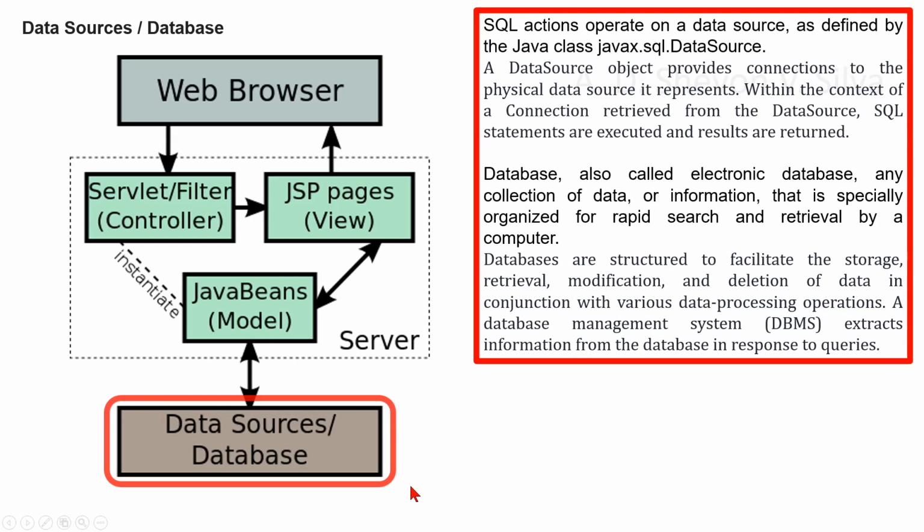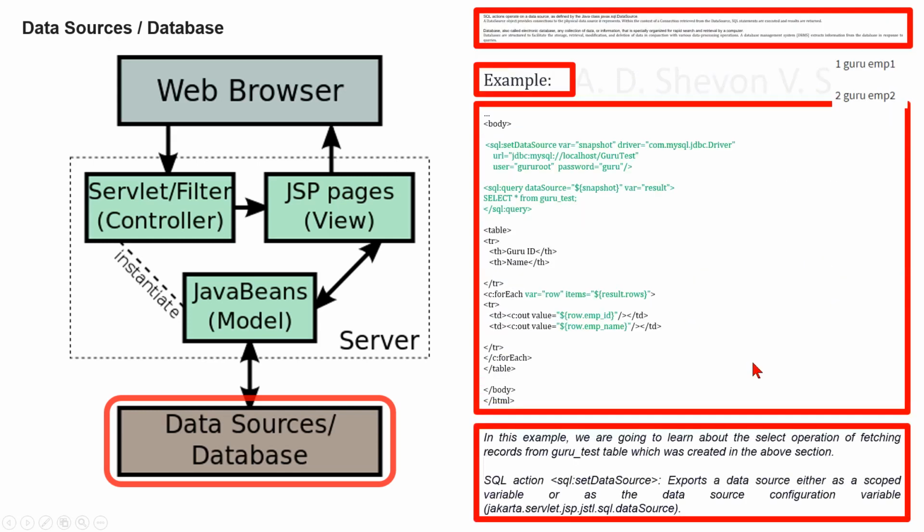Databases are structured to facilitate the storage, retrieval, modification and deletion of data in conjunction with various data processing operations. A database management system, DBMS, extracts information from the database in response to queries. As an example, we can consider this code segment. In this example, we are going to learn about this select operation